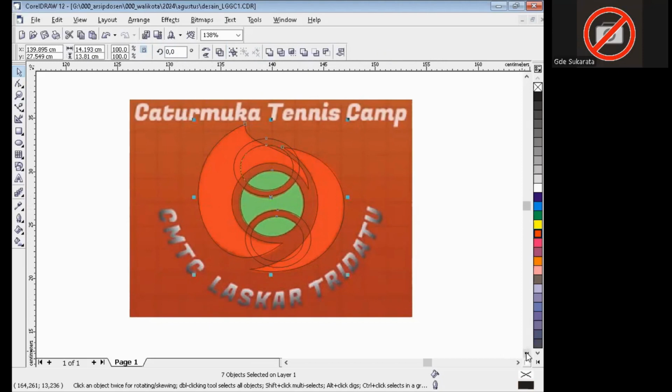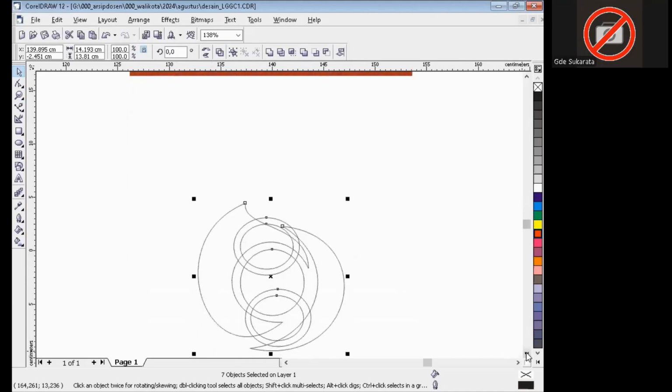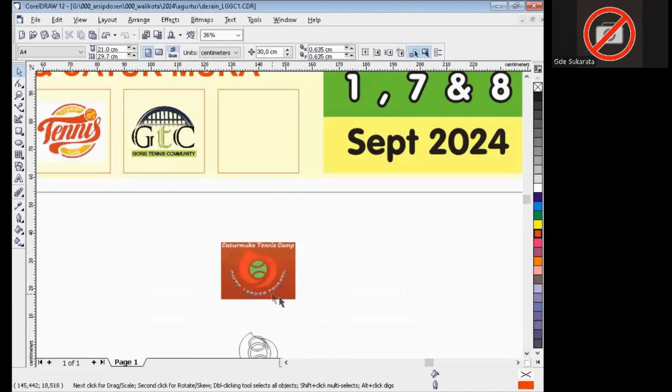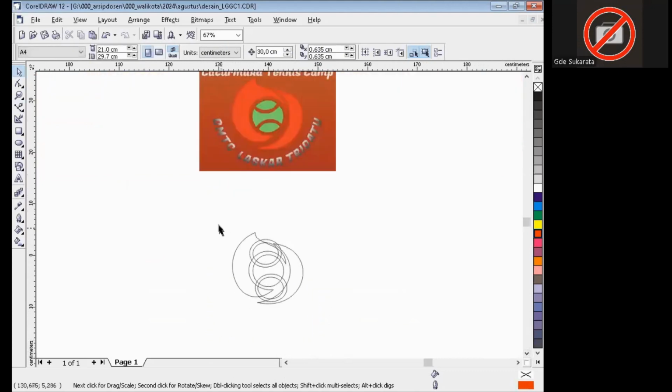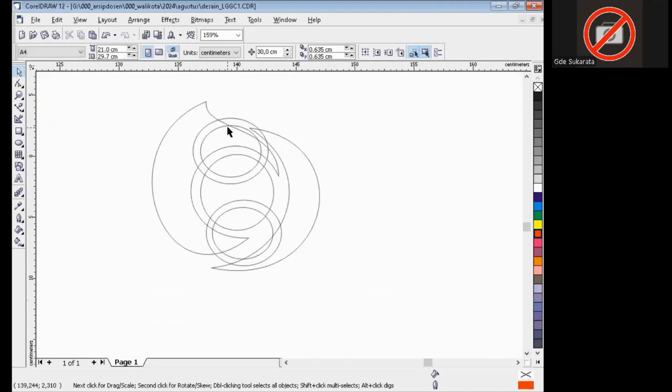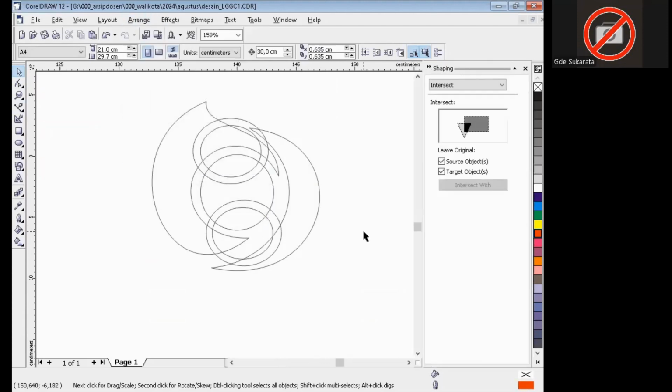Okay, now I will try to select all and I will move down. Okay, yeah, down like this. Okay, see. Okay, now I will modify this object. Now we can check shaping and shaping. Yeah, okay. Now I want to take this object,